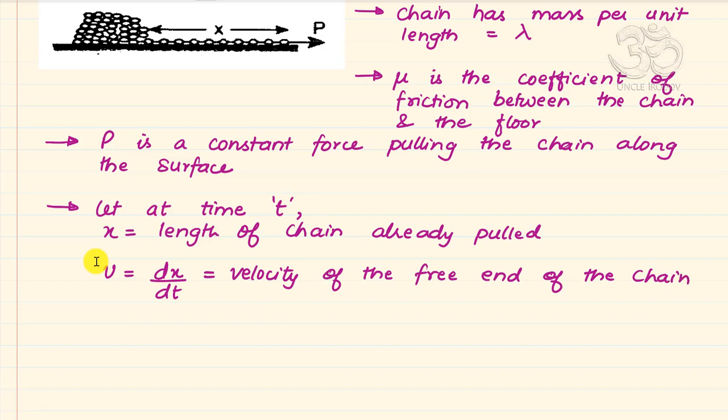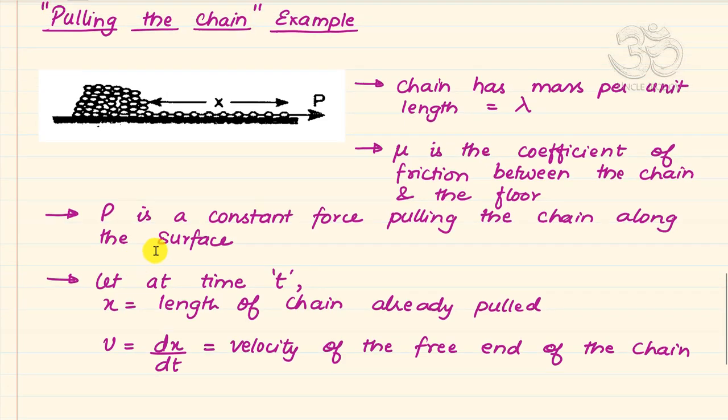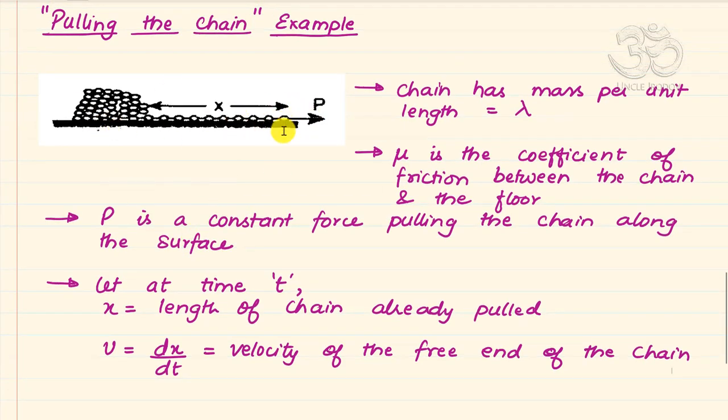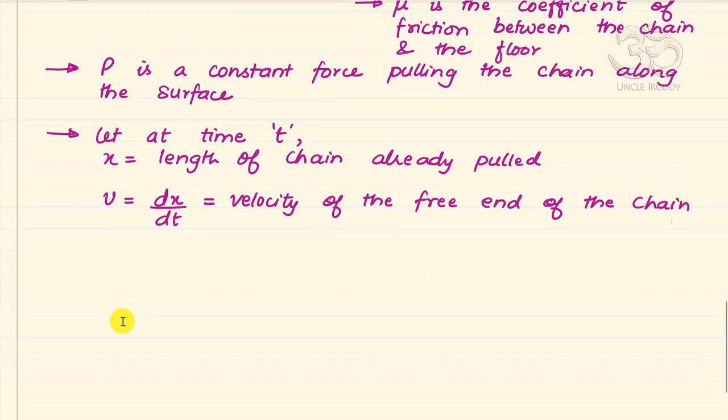Now he's asking you to find out the acceleration of the moving part of the chain in terms of all these given variables. So lambda can be used, mu can be used, you can use P, you can use x, and you can use v. So the question is,